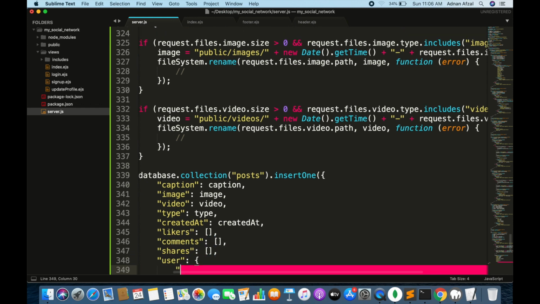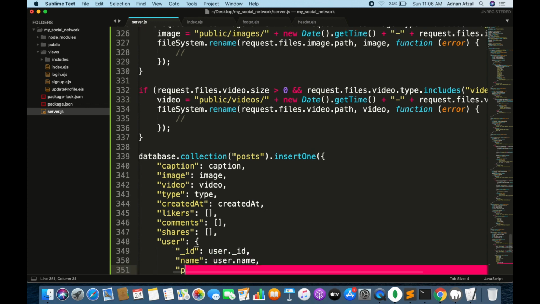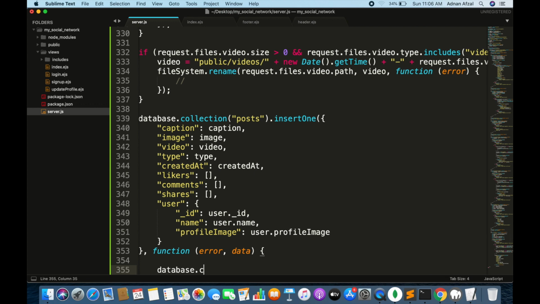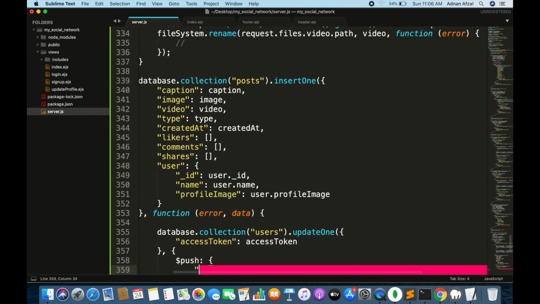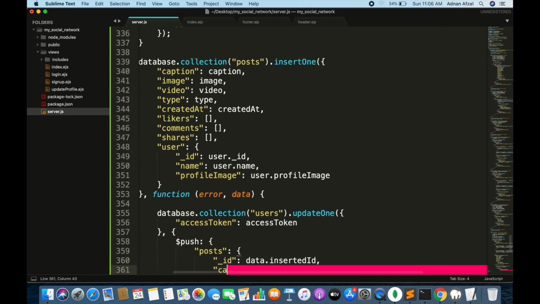Also the ID, name, and profile image of the user who has posted this post. This is the callback which will be called when the document is inserted. Then we will also push this document in the users collection too. Search user by access token and push in the post array, and it will have the same fields as we have in the post collection.